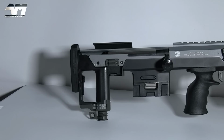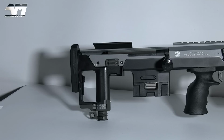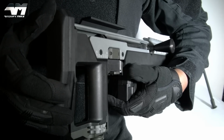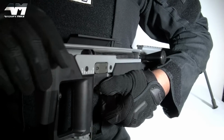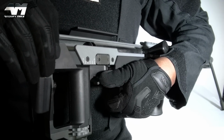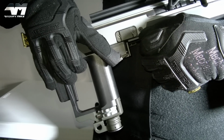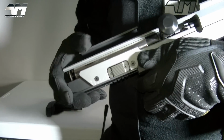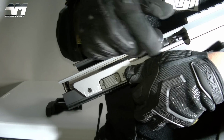And that's not all when it comes to this area of the DSR-1. Just like the real thing, you can extend the stock by using this lever right here. Now, I believe the only effective way of showing you this is to hold it like this in my hands. So using my thumb, push that lever down, and then this stock can move to any position you like. Now take note, if you keep pulling the stock back, it will come right off. Which is not the end of the world really, because you would need to take that off if you want to start to take this rifle down or